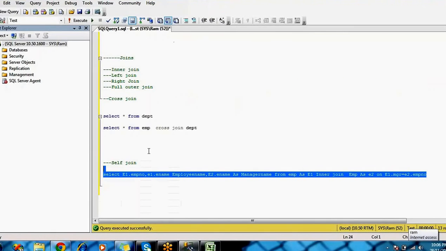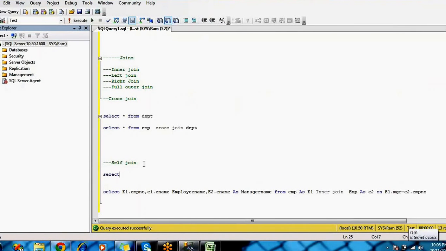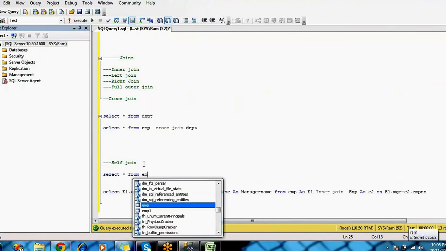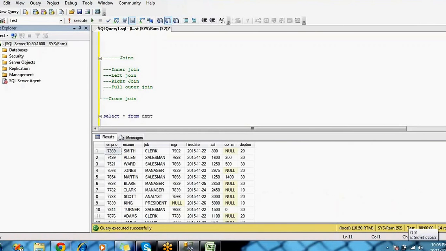Okay, right. We will check whether Smith's manager name is Ford or not. Select star from EMP, where Smith's manager number is 7902. So who is 7902? We come to here, Ford's number is 7902. So who is the manager of Ford?